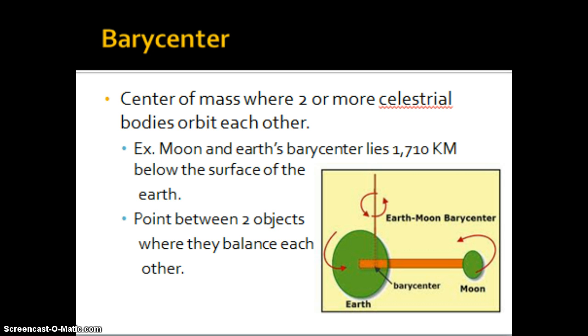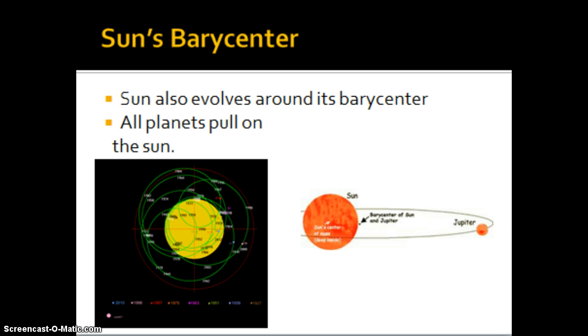The same thing holds true for the Sun and all of the planets. The balancing point, or the barycenter, of the Sun and whatever planet you are dealing with is going to lie within the middle of the Sun, almost to the point of the center of the Sun, just in order to balance out the weight between the two objects. Because of this, we see that the Sun is revolving around its barycenter because of all of the planets pulling on the Sun in multiple directions. In the reading, you'll see an animation that shows you how the Sun is moving around its barycenter to stay balanced with the planet that is orbiting around it.